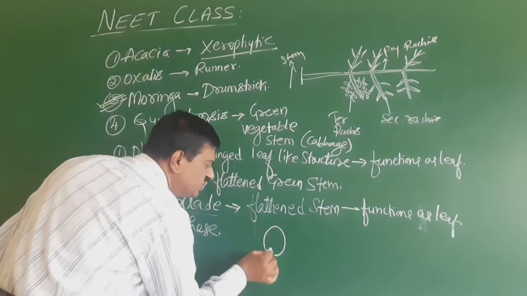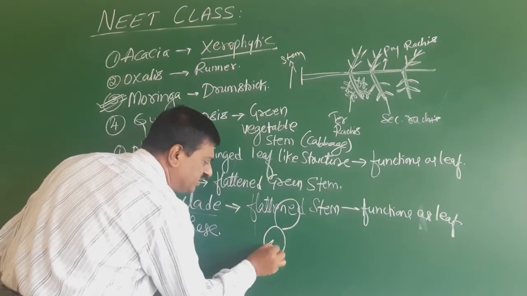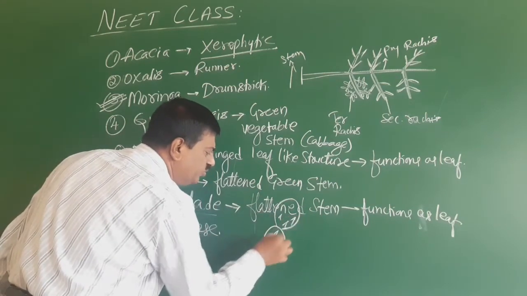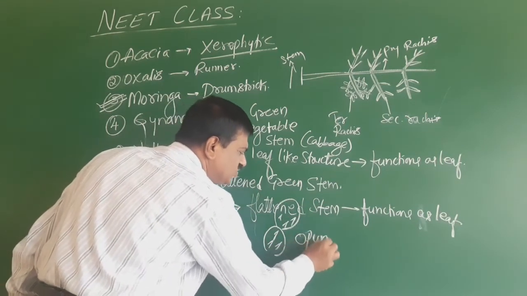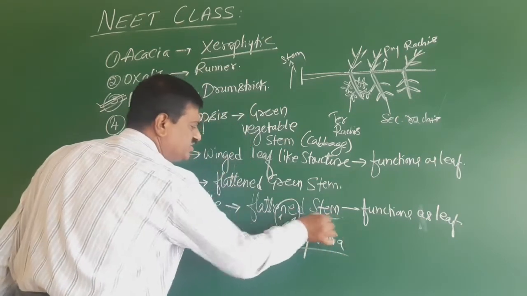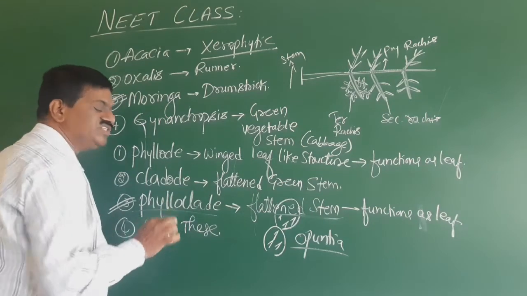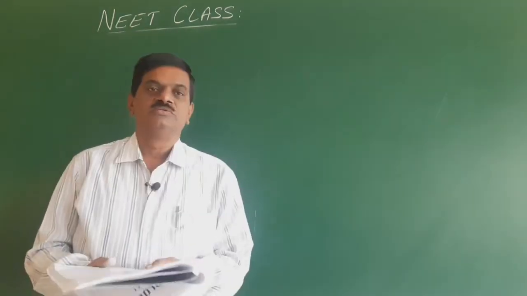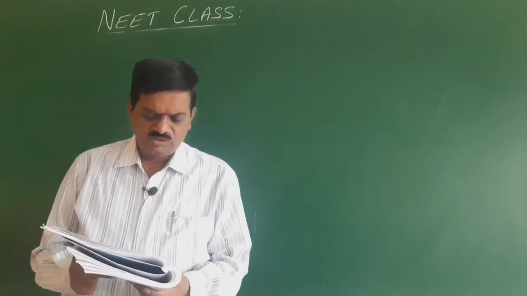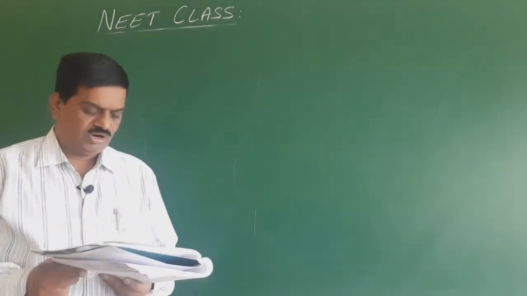Here you can see Opuntia. In this Opuntia, the leaves are modified into spines. The right answer is a flattened stem that functions like a leaf, and the answer is phylloclade. So we go for the next question, the sixth question,